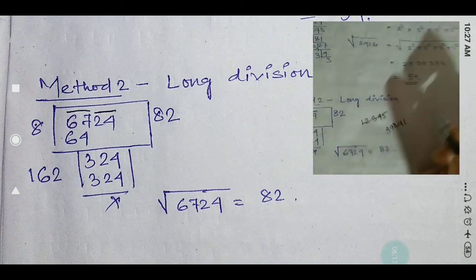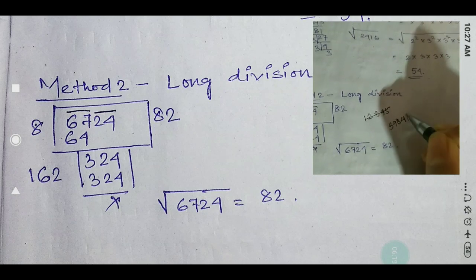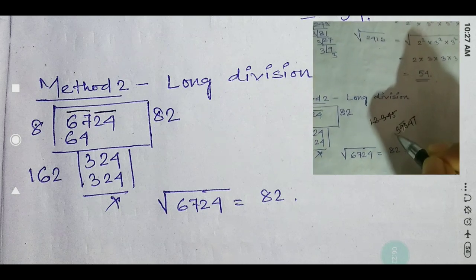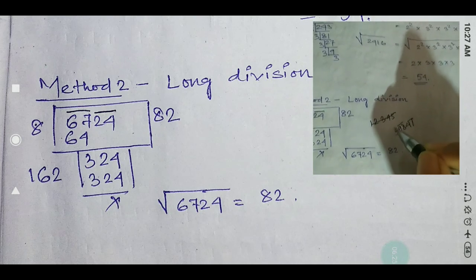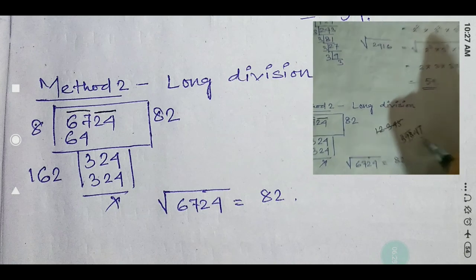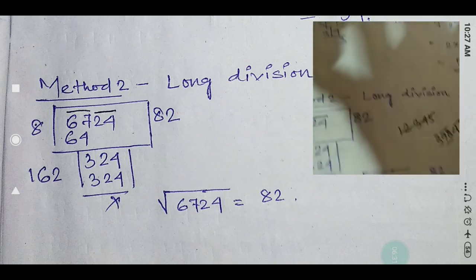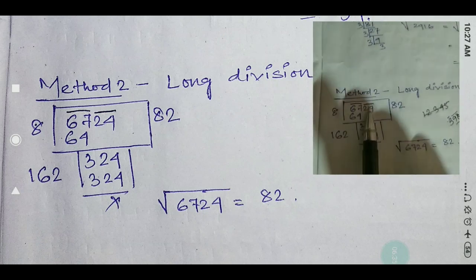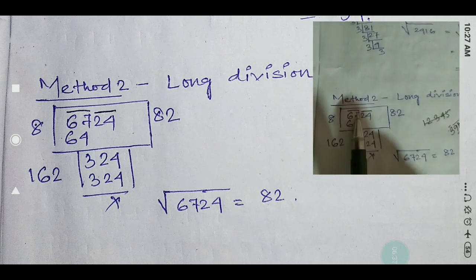You have to find the square root. That means you have to start from the right side, 2, then another 2. Now this 3 is remaining. That means you first start with only one number, 3, then these 2 numbers, then these 2 numbers. Okay, so from the right side we have to start. So 24, then 67.